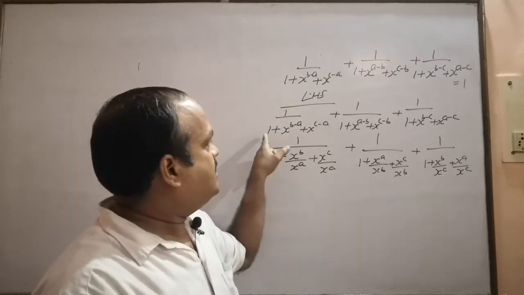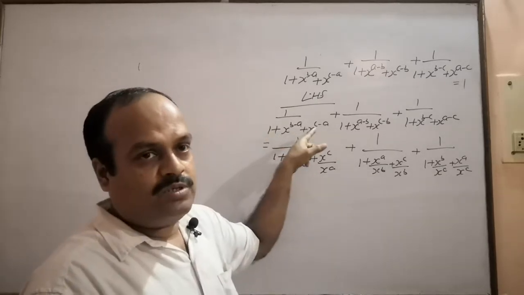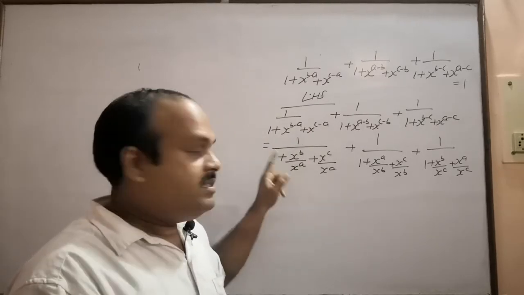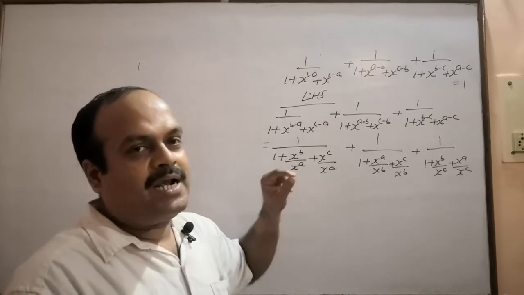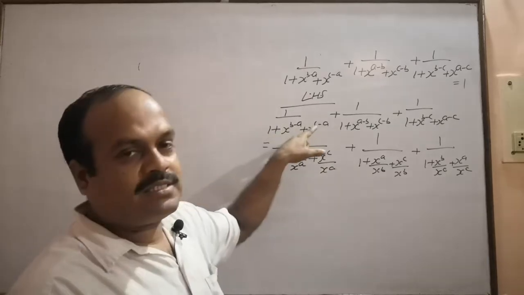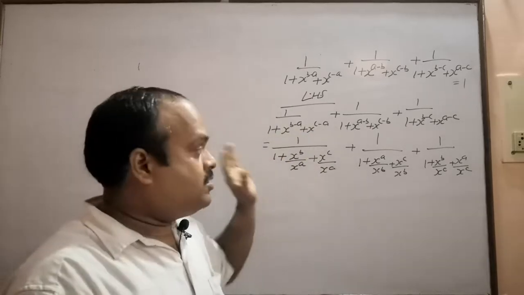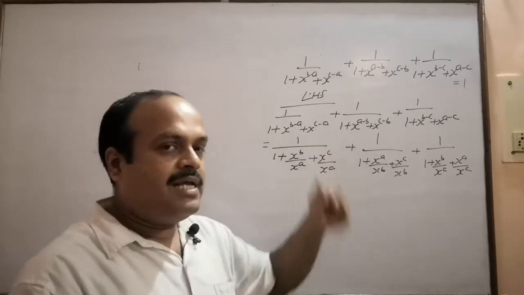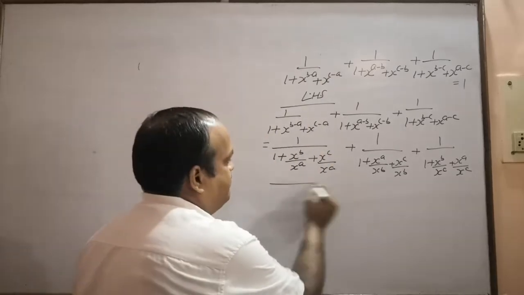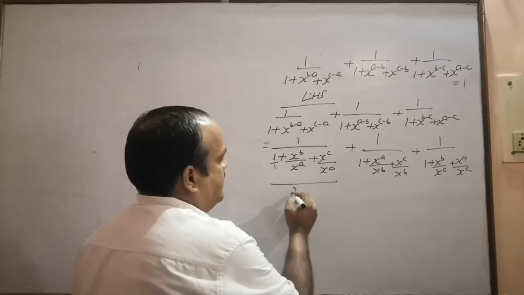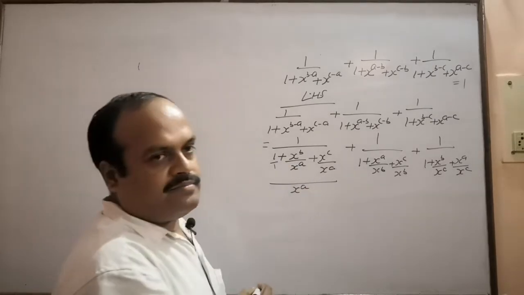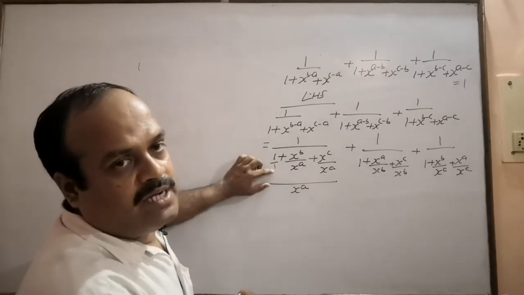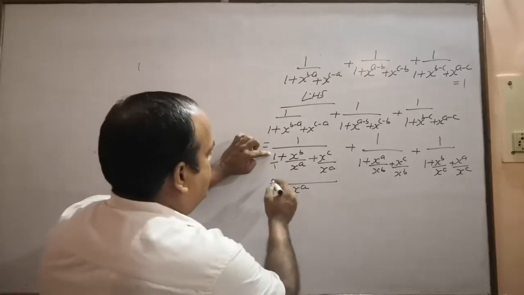Now you can see we had three terms. Now we have three terms in this step, but these two are fractional terms. Here it was not fractional. I have changed it to fractional. So as I did in the last question, we will add the three terms by the LCM process. So get the LCM, x to the power a. So x to the power a divided by 1, we will get x to the power a. X to the power a multiplied by 1.